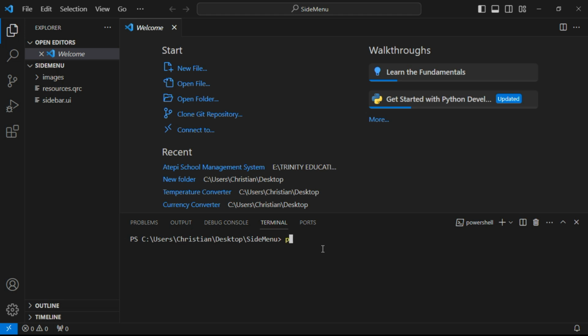So we're going to type in PySide6-uic. Then type in the name there, sidebar.ui. Then we're going to need to convert it to ui_sidebar.py. Then click enter. As you can see, we have the Python file created. We're also going to do the same thing for this resources file. It's going to type in PySide6-rcc. Then I'm going to type out the name of that file. It's